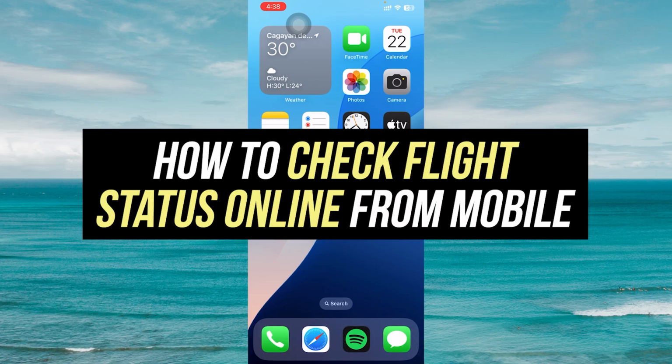Hey guys, today I'm going to show you how to check flight status online from mobile on your iPhone or